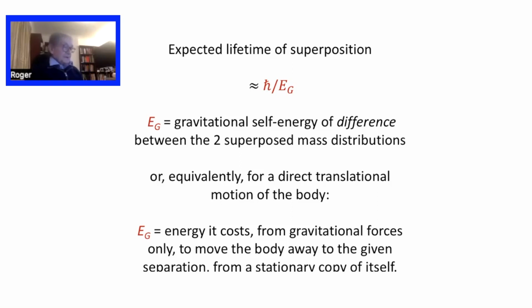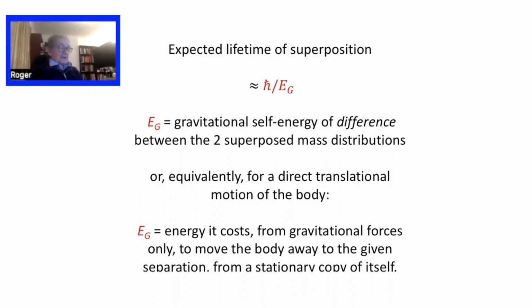The body, sorry, not two bodies, one body in two different locations, and the energy Eg, which is this gravitational uncertainty, you can either think of it as the gravitational self-energy of the difference between the gravitational fields of the two locations, or another way you can think of it, as long as it's just a rigid displacement of one with the other, you can imagine pulling one away from the other. So these are the two realizations of the same object, pull it away from itself into the two locations, and how much energy did that cost you? It's just a translational motion of one to the other.